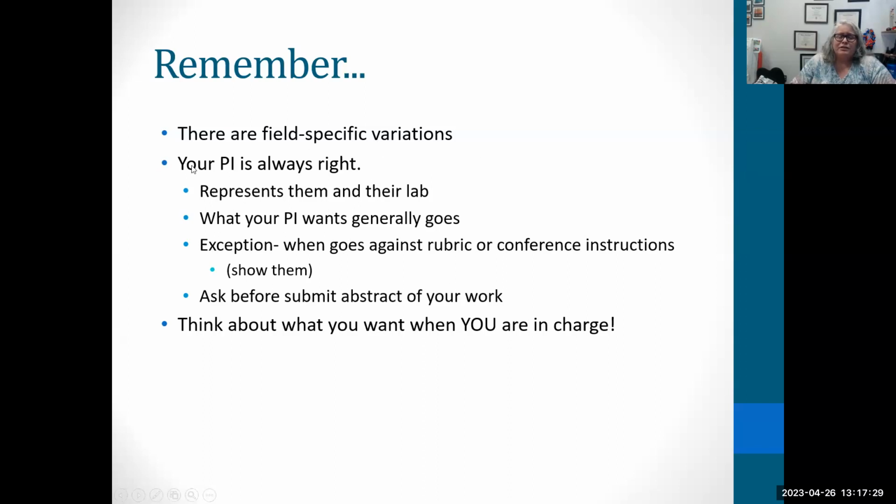And you're making it so that your PI likes it. And in fact, your PI is always right. If I tell you something here and your PI hates it, you follow your PI. The only time you really want to get a little firm with them is if you're in a competition and it says it needs to have a hypothesis in it or something like that, but your PI usually just